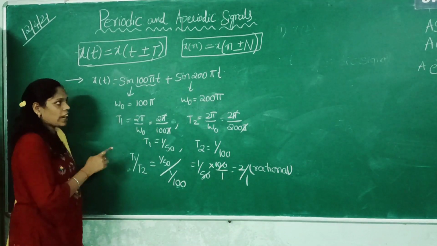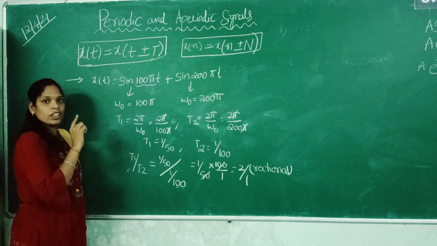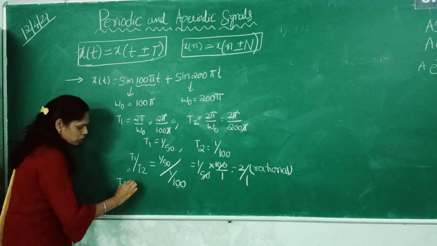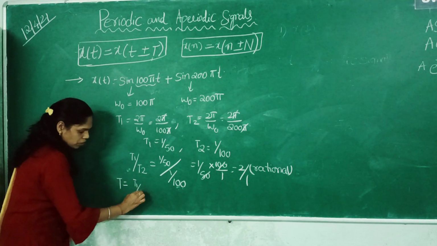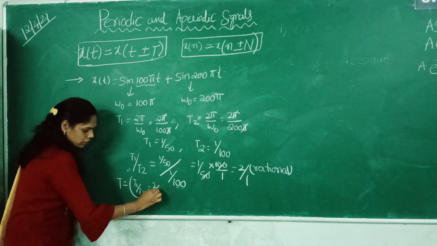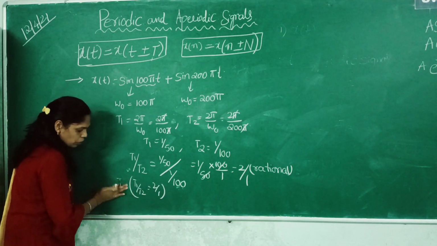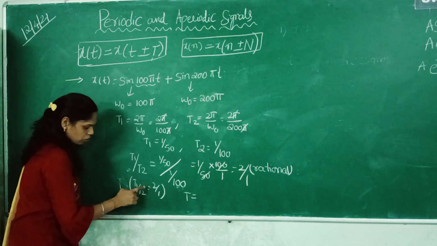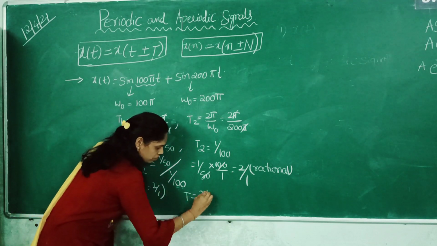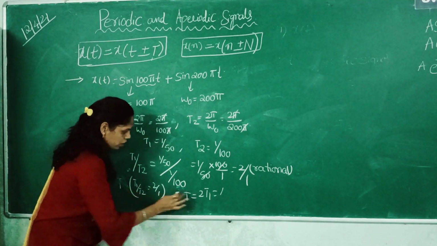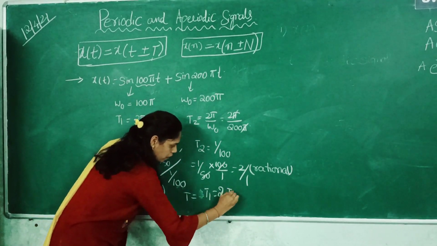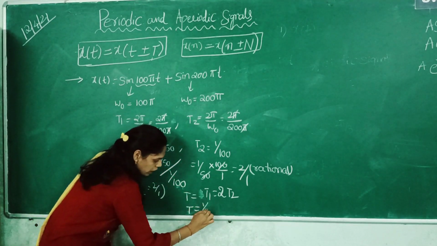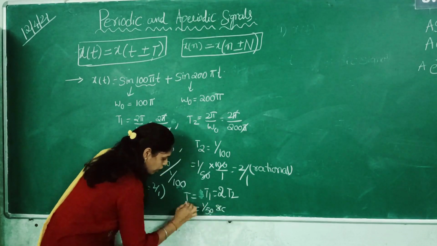Now I want to calculate the common fundamental time period for the total signal here. So how to calculate the fundamental time period here? T equals T1 by T2. What is the value we got here? 2 by 1. So 2 by 1 is nothing but T1 equals 2 T2. So the fundamental time period equals T1. What is the T1 value? 1 by 50. So the fundamental time period for the total signal is T equals